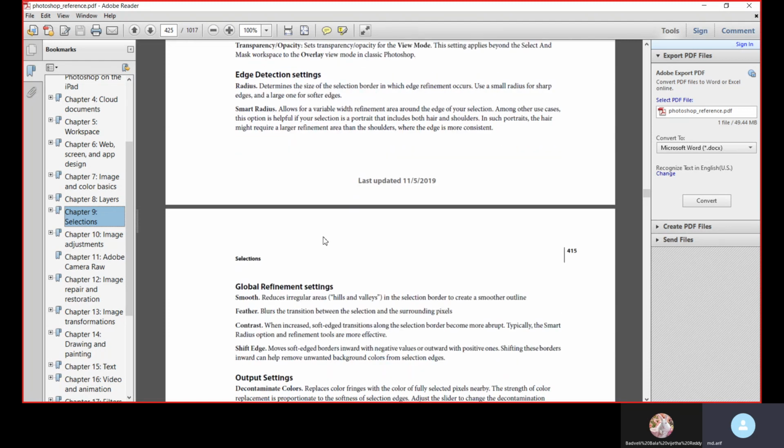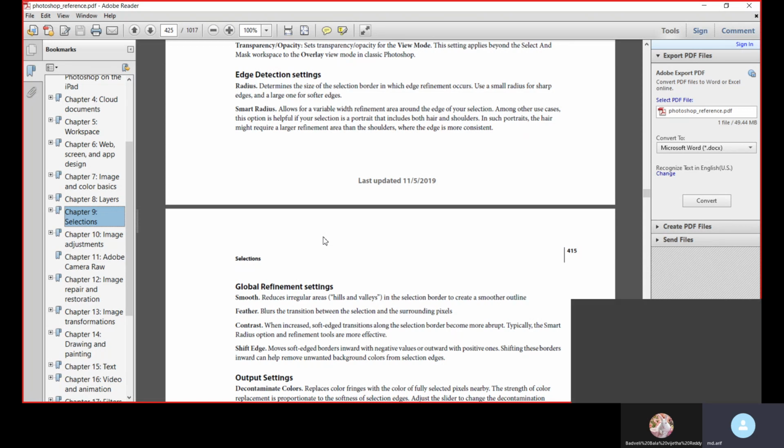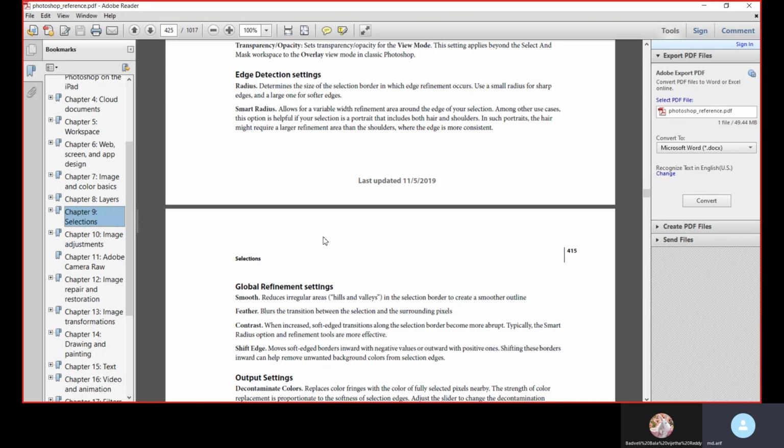Smart Radius allows for a variable width refinement area around the edge of your selection. Among other use cases, this option is helpful if your selection is a portrait that includes both hair and shoulders. In such portraits, the hair might require a larger refinement area than the shoulders, where the edge is more consistent.